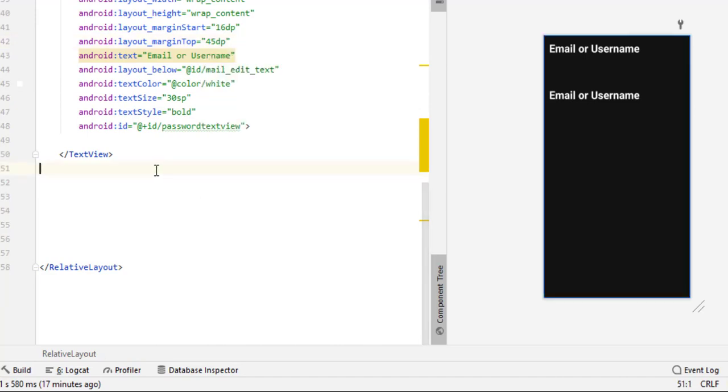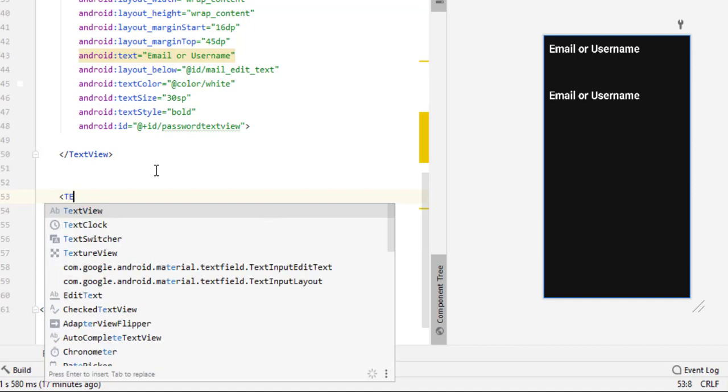Now we need one more edit text. You can create a simple edit text, but we are going to use a password toggle button inside our edit text. So it is better to take a relative layout. Then inside the relative layout we are going to take an edit text with an image view. Hope you understand what we are going to do. If you do not understand, then I will explain everything just after 1 minute. Simply type the code with me.